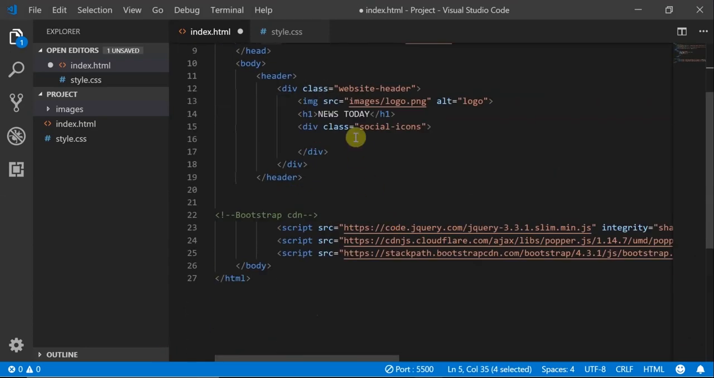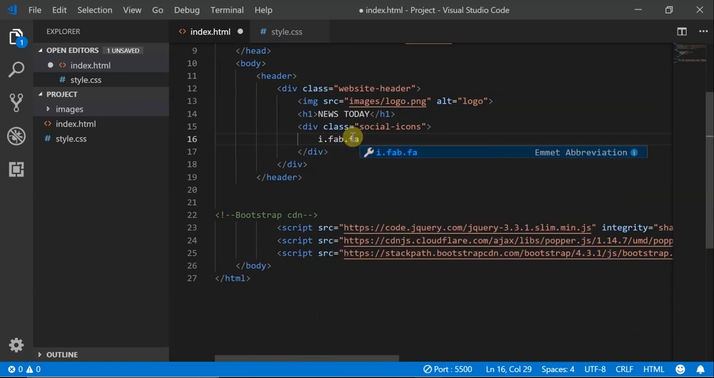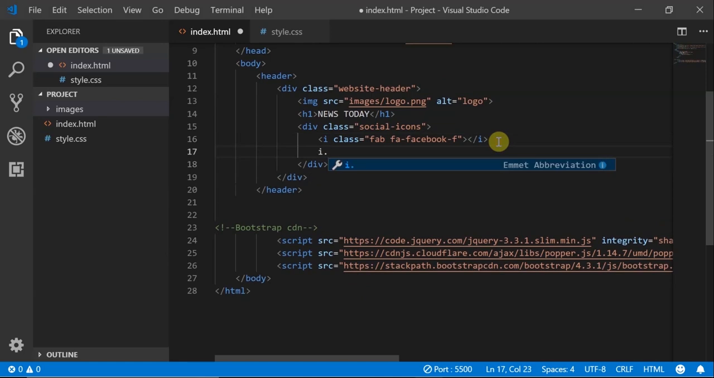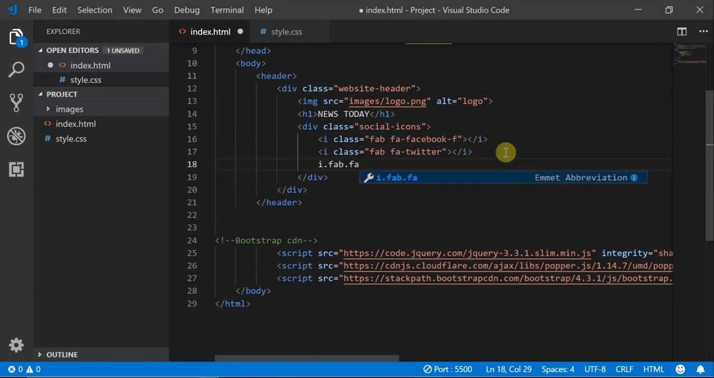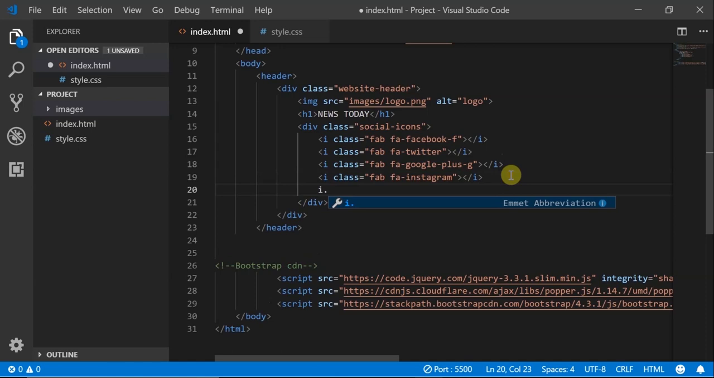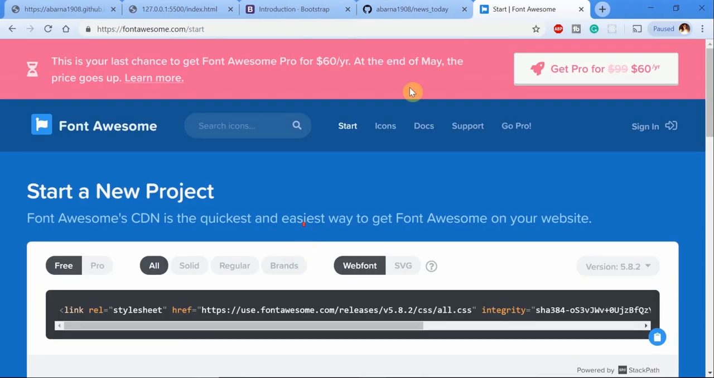There you go. Now I'll quickly type all the social icons for Facebook. If you go to the browser window, you can see the F icon below the News Today h1 tag. Let's go ahead and create the rest of them. Twitter, Google+, Instagram, and RSS. Now, in case you're wondering how I'm coding for these icons, go to the Font Awesome website,